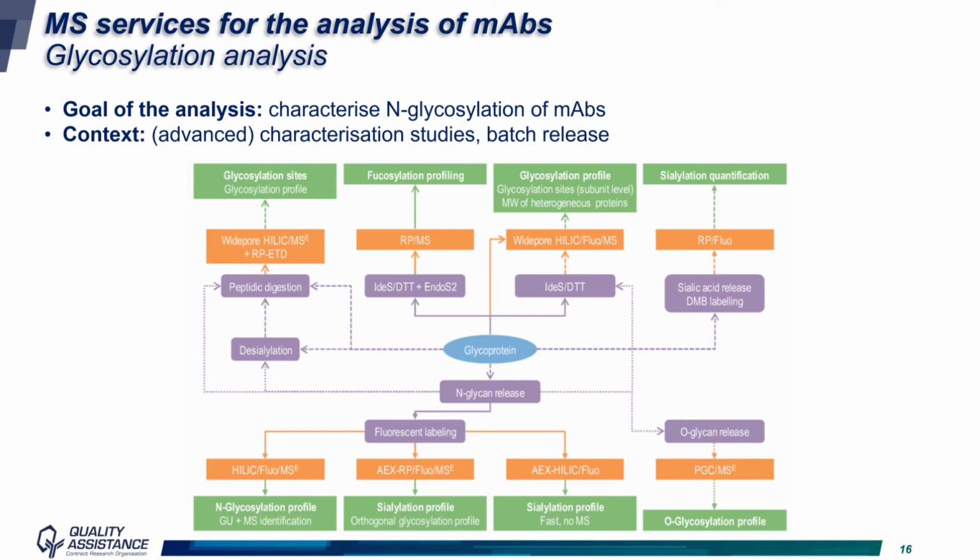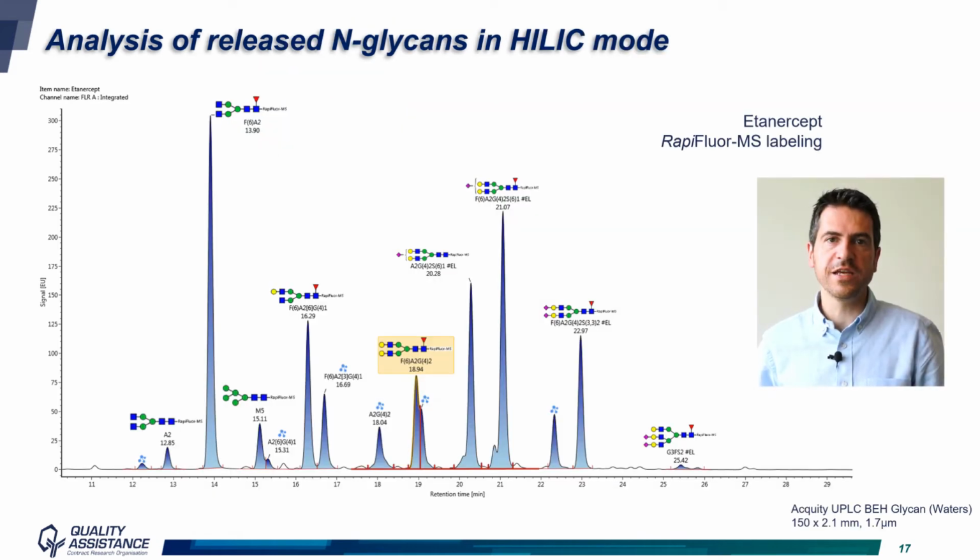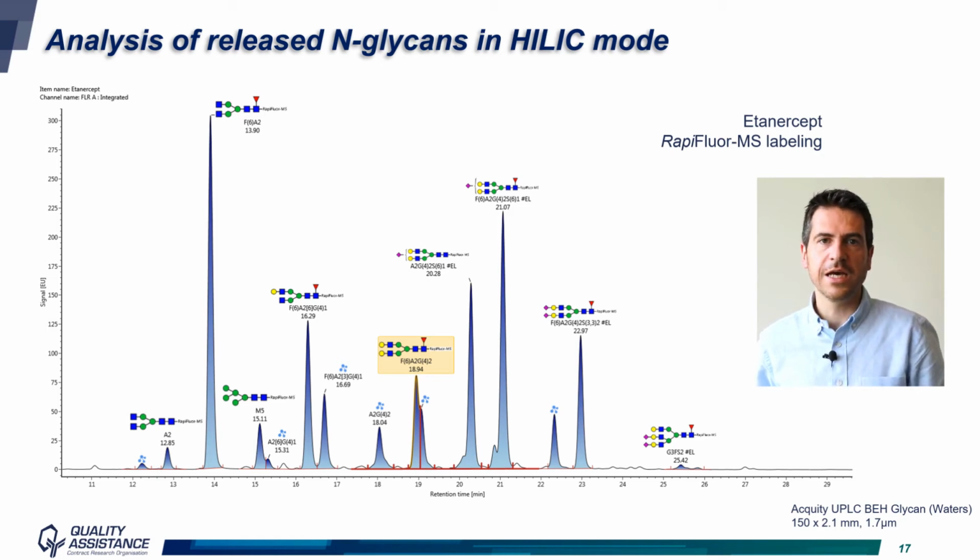But you can also work at the glycopeptide level to perform site-specific glycosylation profiling. All these techniques require mass spectrometry, either on a Q-TOF or on a MALDI-TOF, and the combination of liquid chromatography separations by reverse phase, HILIC or PGC, and sometimes even mixed mode chromatography. But the most common technique that is used for routine testing of monoclonal antibodies, for instance, is N-glycans profiling after